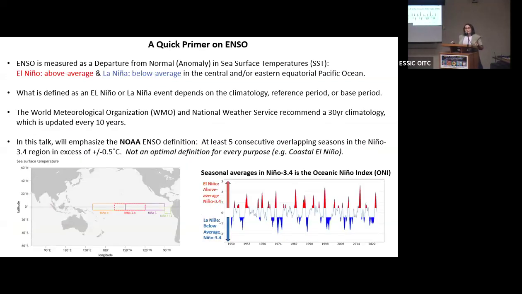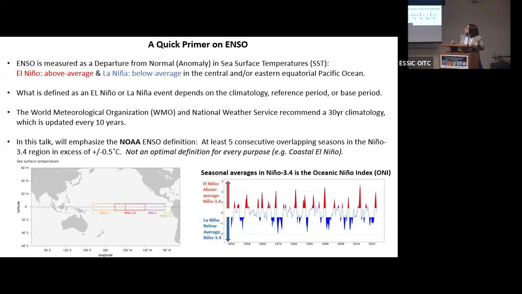So I recognize not everyone in this room is an El Niño-Southern Oscillation expert, and I hear you, and I just want to go quickly through some of the terms I'm going to be using over and over. There are definitely different ways to measure this, but primarily we measure it as a departure from average in sea surface temperatures in the central and eastern equatorial Pacific Ocean. El Niño is above average, La Niña is below average. And I'm emphasizing that word average because for this talk it's really important what you consider the average to be.